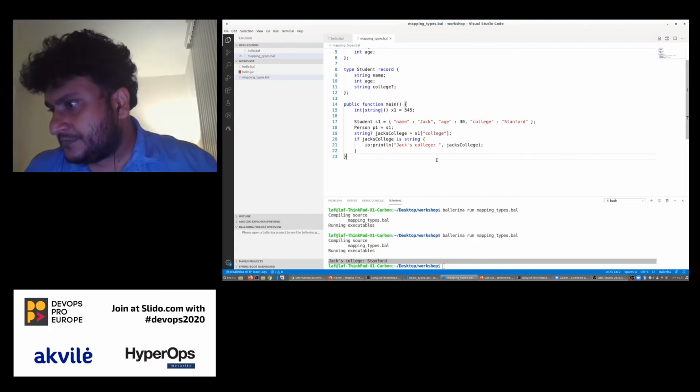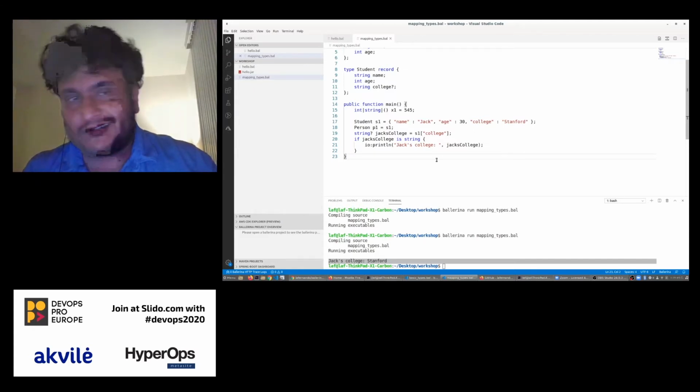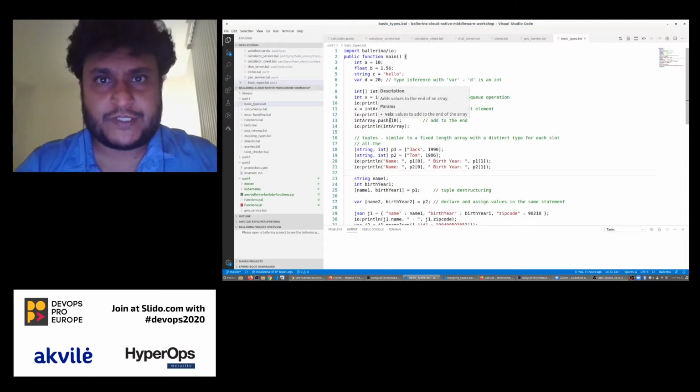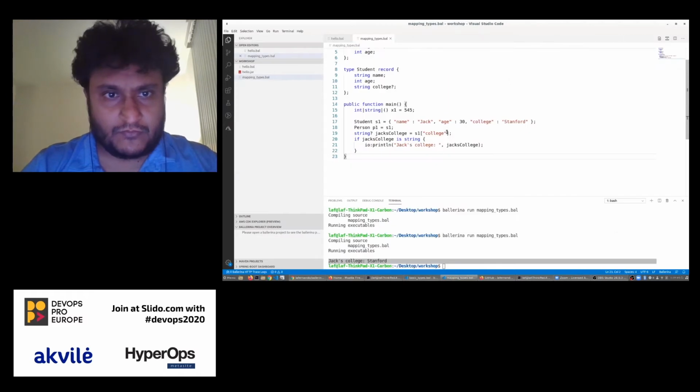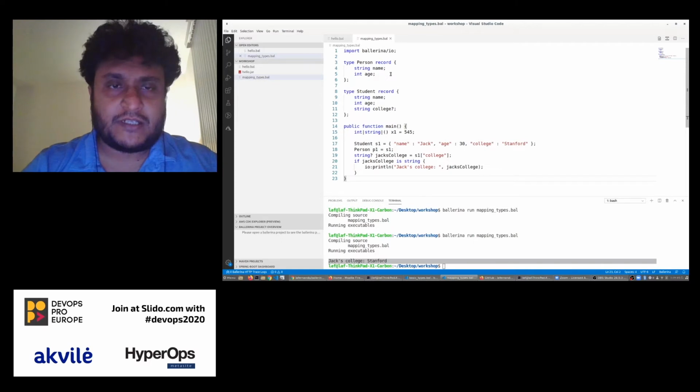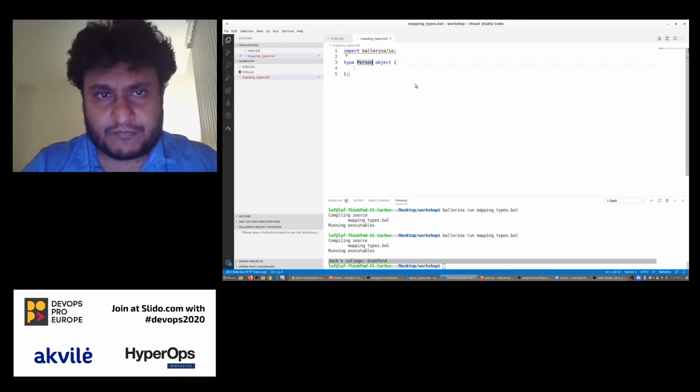Now moving on. So now we check the mapping types. We can move on to object support we have. So objects are basically, again, a structure that has behavior also. So if we create something, we can say, okay,